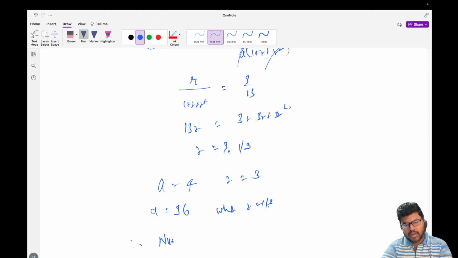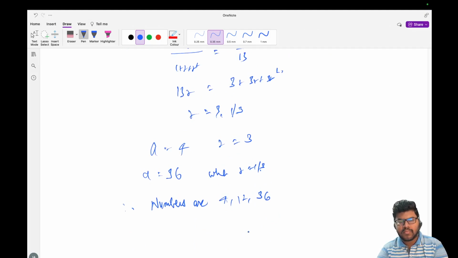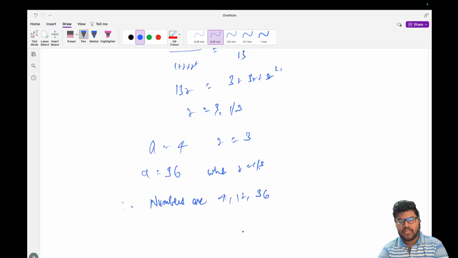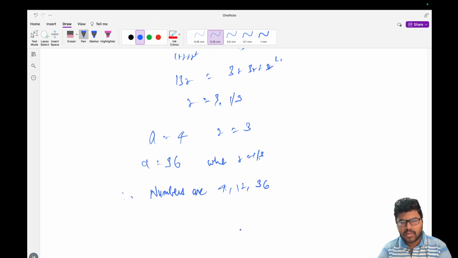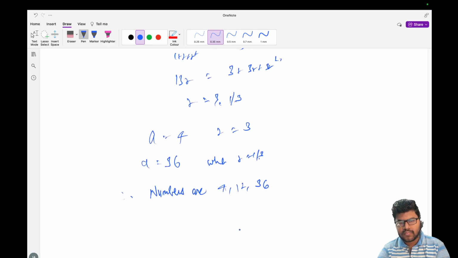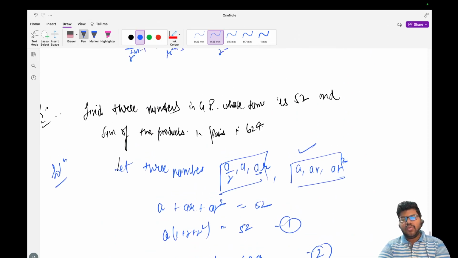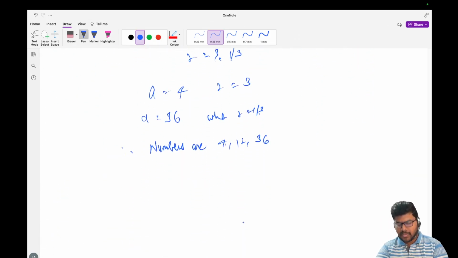So therefore numbers are 4, 12 और 36, right। इस तरीके से नंबर्स होंगे। ओके, सो ये था अपना क्वेश्चन। अब चलते हैं नेक्स्ट क्वेश्चन की तरफ। ओके, सो नेक्स्ट क्वेश्चन थोड़ा सा ट्रिकी है।